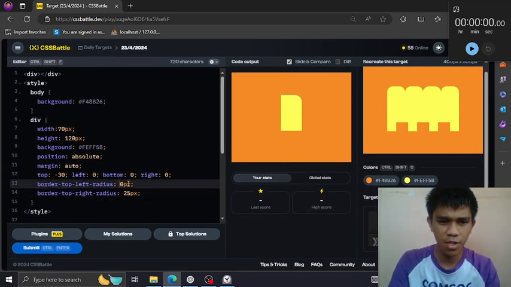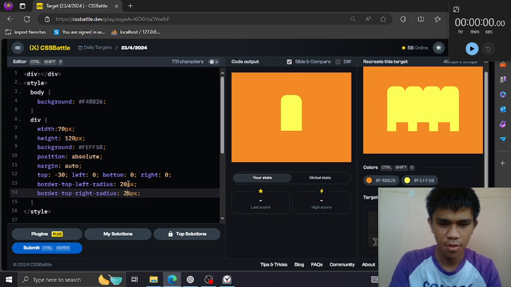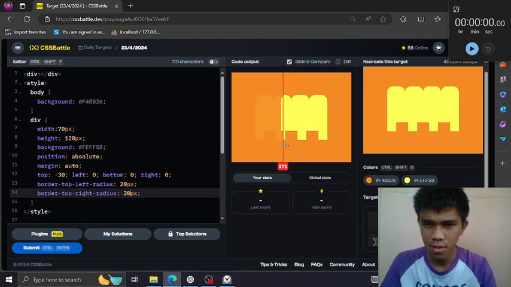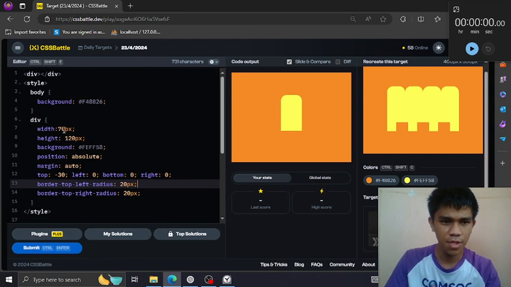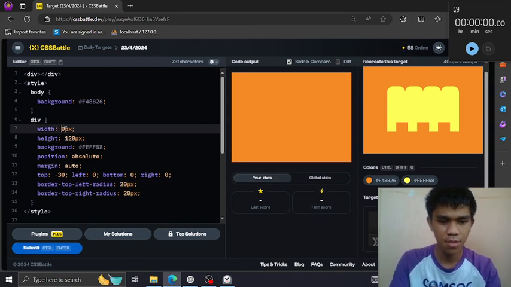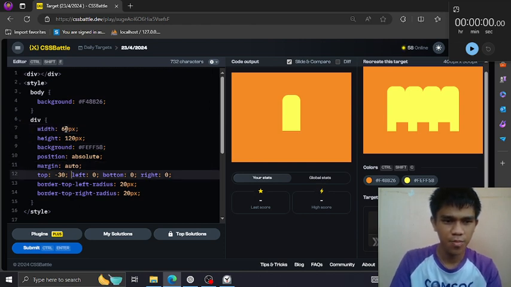Let's do it temporarily for now, like that, and reduce the width a bit, and push this to the left.